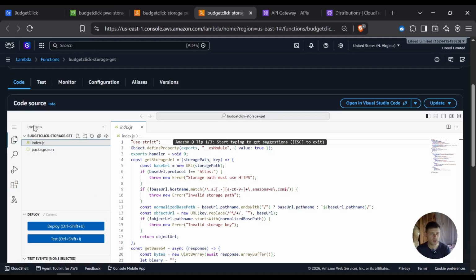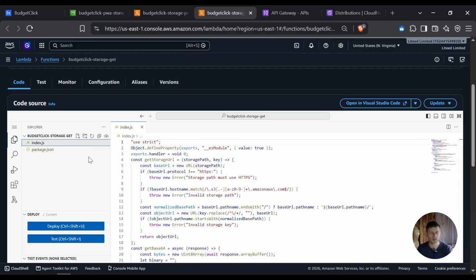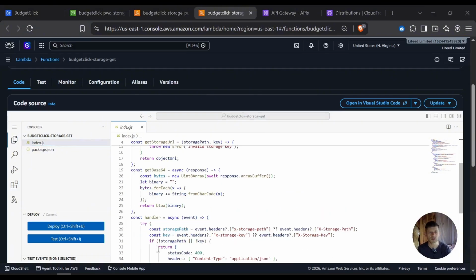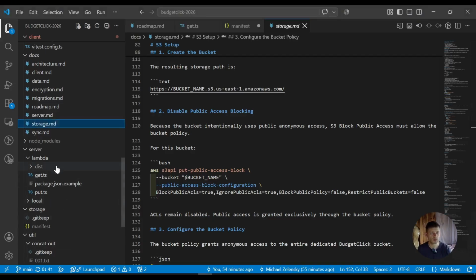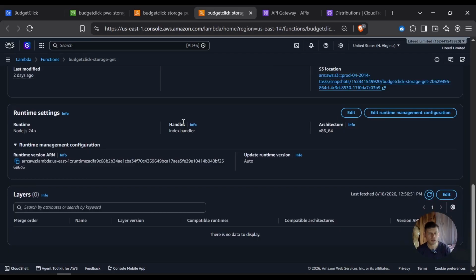We also had to add package.json, which tells the runtime that the modules are CommonJS. So this is index.js, which is generated from the TS. So this is exactly this file, so just copy and paste. The next thing,